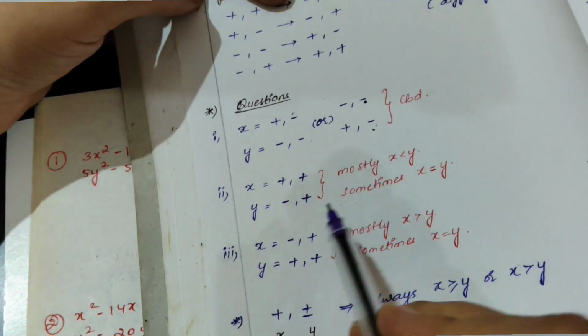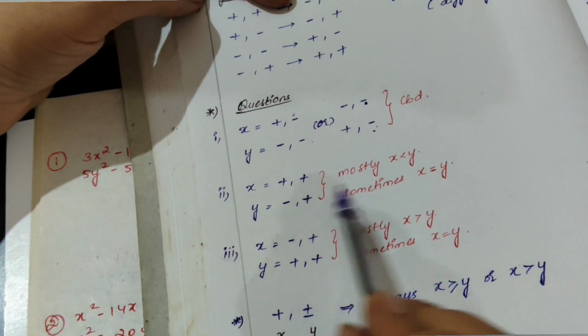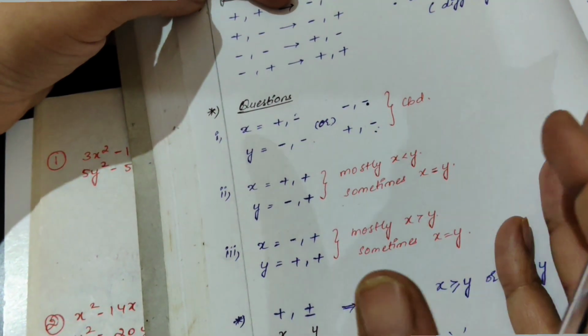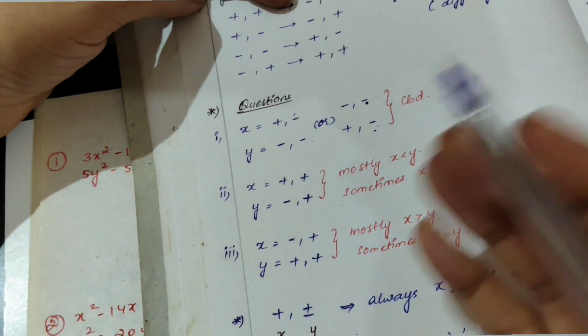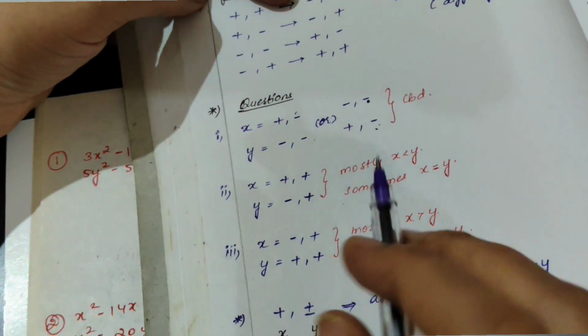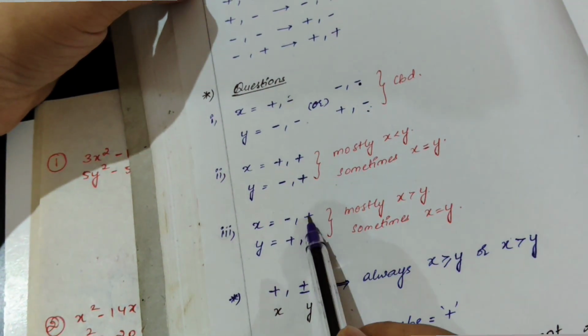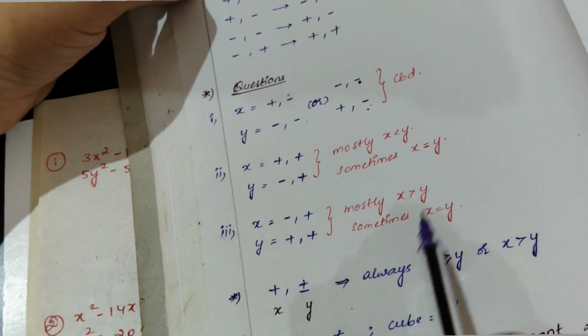Cannot be determined. And here, if there are 3 positive signs, like in a 7 shape, you will mostly get x is less than y, or equal to y sometimes. This is about 90%, but you need to solve to eliminate options; for the basic idea, this helps you solve fast. And if it is in a reverse L shape,